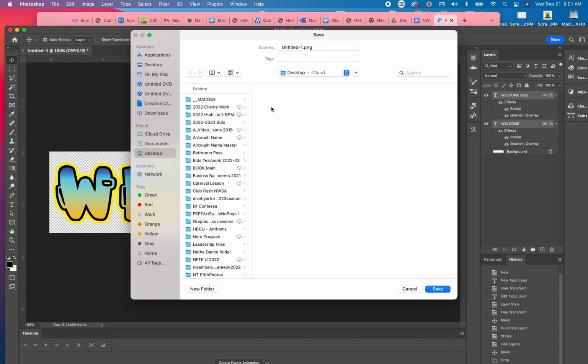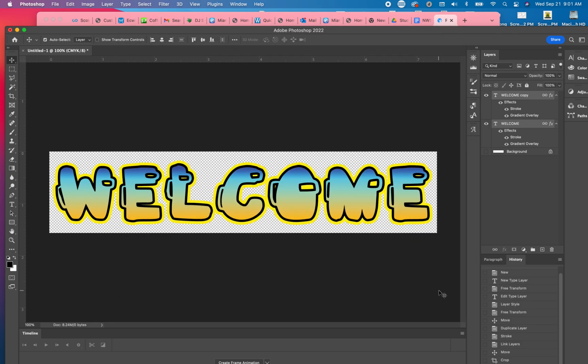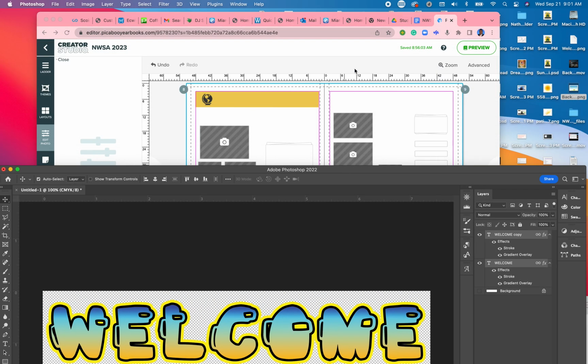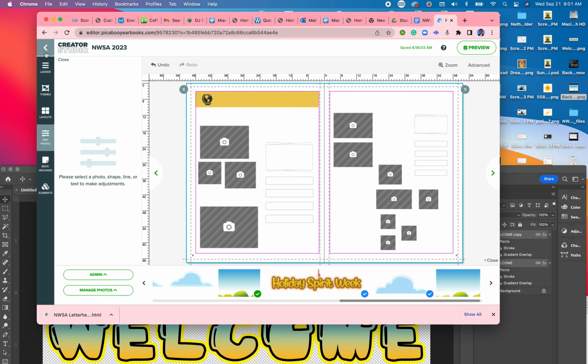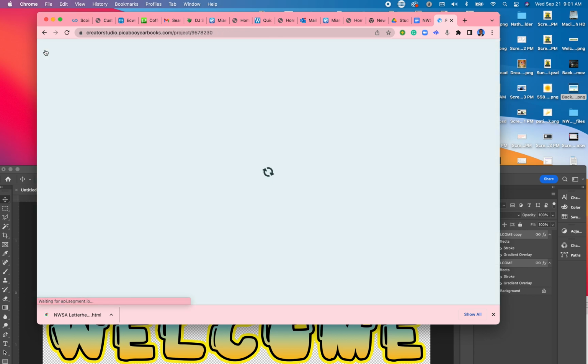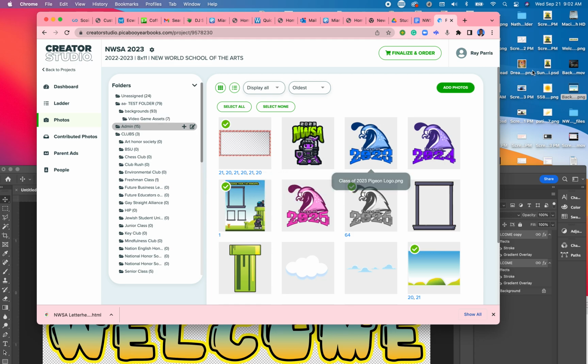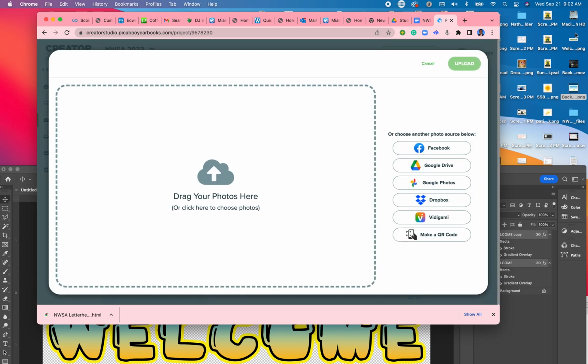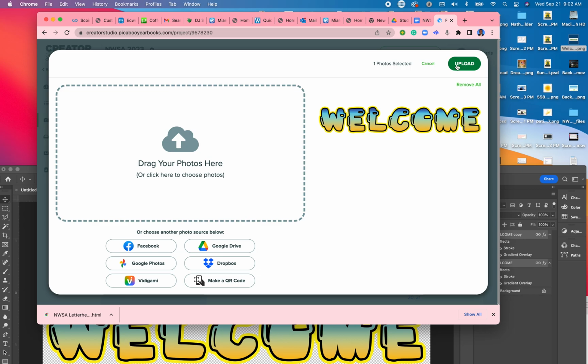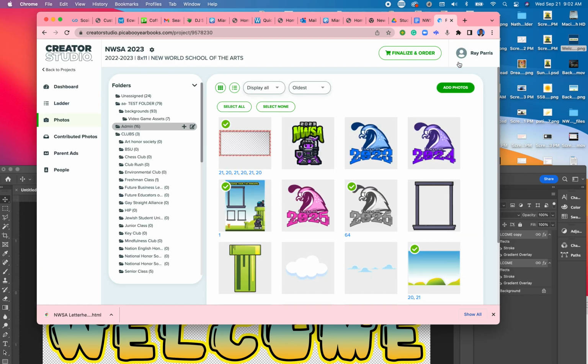I go to my export as what? QuickTime PNG, desktop, welcome, save. We go back to Peekaboo, go to photos, upload it into my section, add photo, drag it, drop, upload, and then I go where? To the ladder